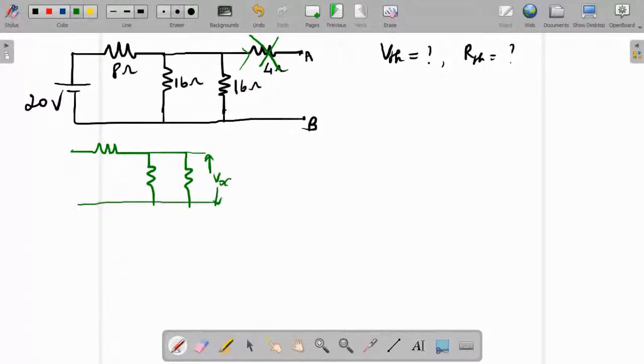Both are the same. So 8 ohms, 16 ohms and 16 ohms. This is 20 volt. Okay. So what is the open circuit voltage? It is nothing but the voltage here, the same branch voltage, 16 volt across our